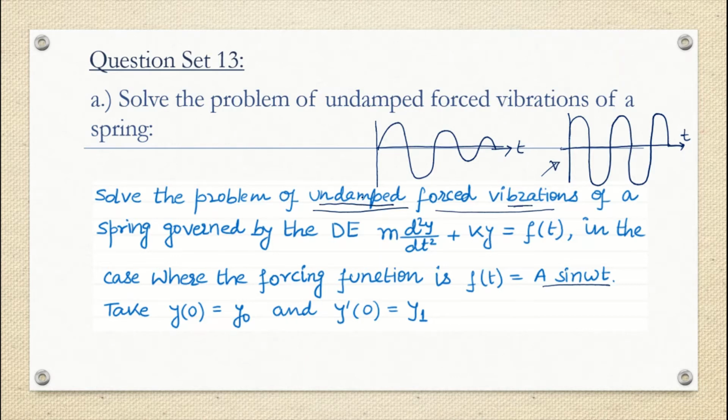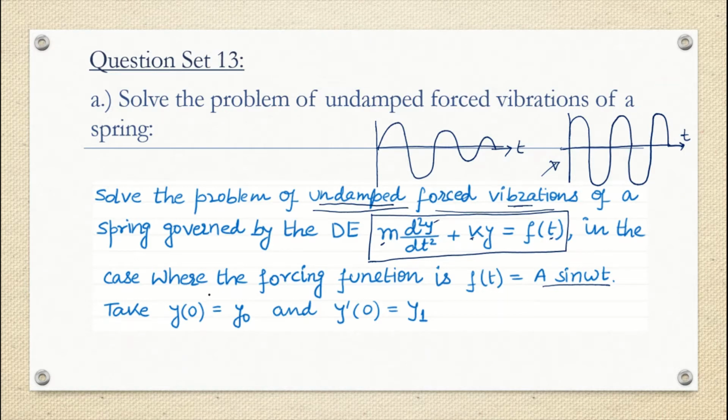The problem is given of undamped forced vibration of a spring, where the equation given to us is the one present here, and that is our only interest. The differential equation is m d2y by dt square plus ky equals f(t). In the case of a spring, m is the mass and k is called the spring constant. Two variables are given: one is y and the second is t. So t is the independent variable and y is the dependent variable over time t, correct? These are things we have covered in our previous classes.